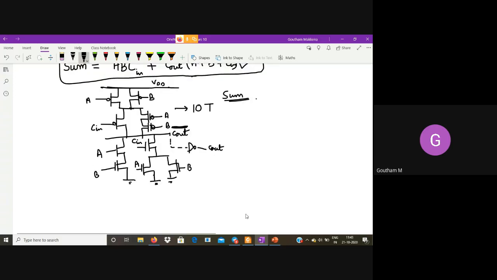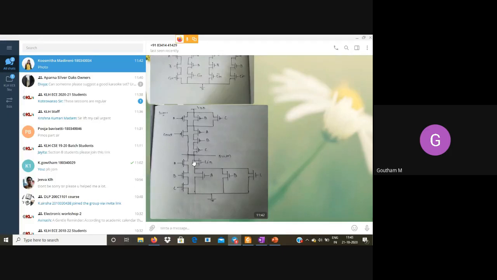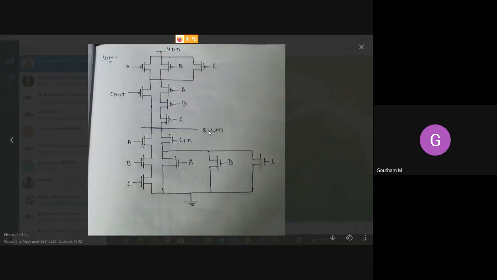So count the number of transistors now. Count the number of transistors in your sum implementation. So how many here at that PMOS? 7 plus 7, 14. Okay.